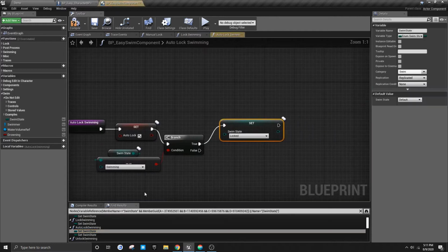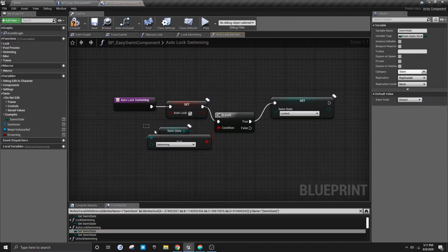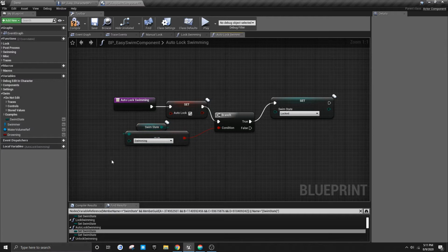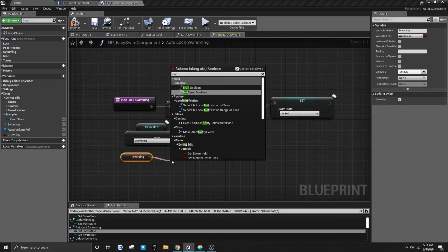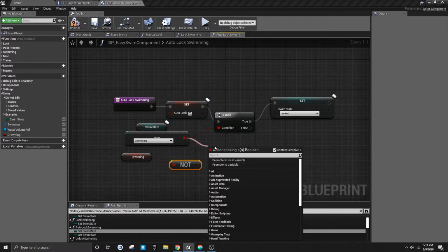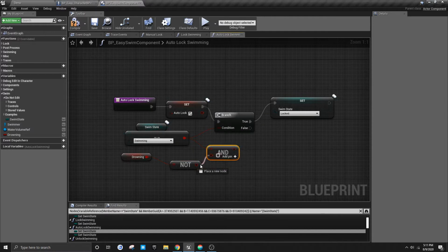And you're going to want to go through all the ones that say set swim state and check them and make sure that it makes sense to add this, and if you'd want it to prevent it from switching the swim state, or if you'd want it to switch to a different swim state, or